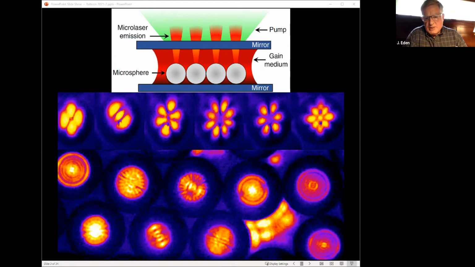That's a term that we use a lot, but just to express it in more straightforward terms to all of you, it's the medium that generates the photons. And then from the top, we're going to bring in green light. This is a laser that will help drive our system and produce laser light. So the beautiful thing about this system is that it produces many beams, one for every microsphere that you see